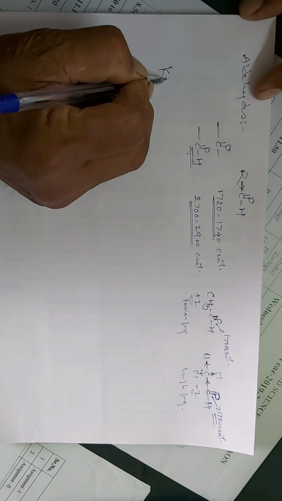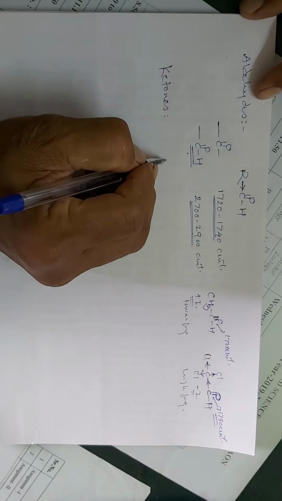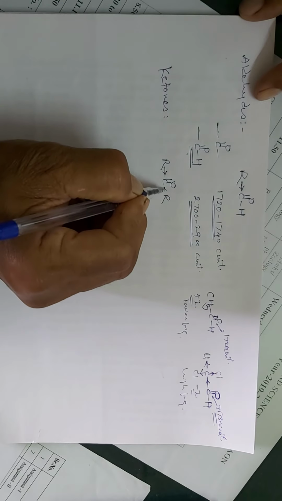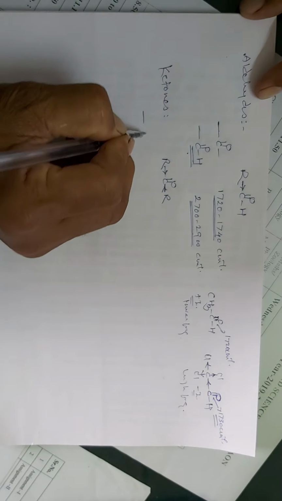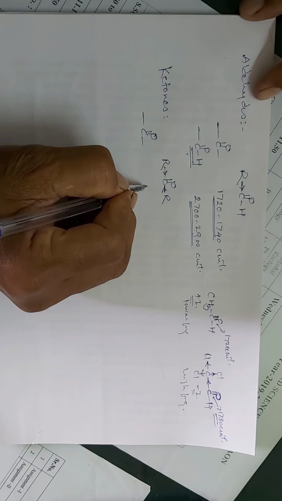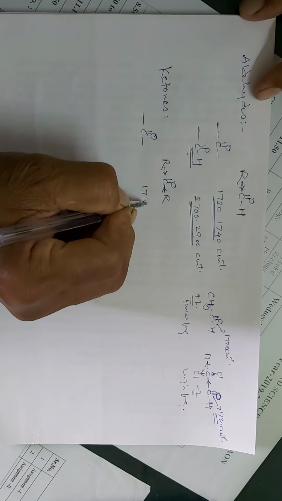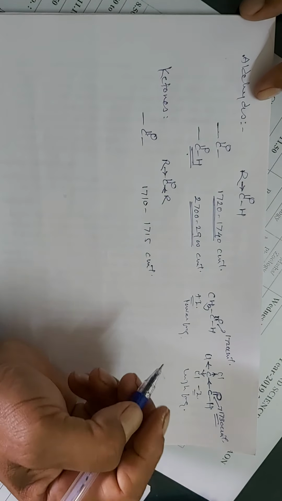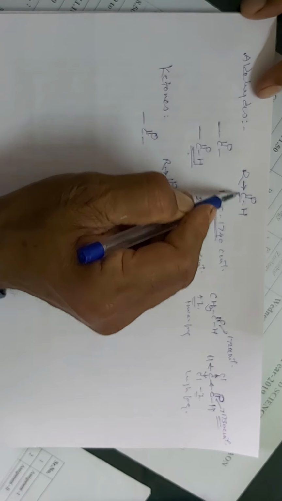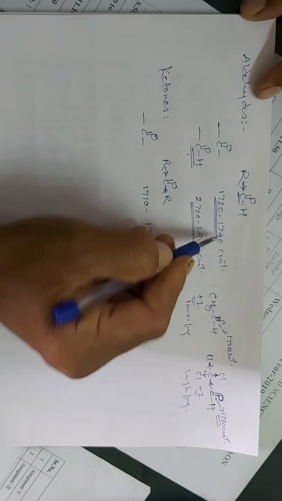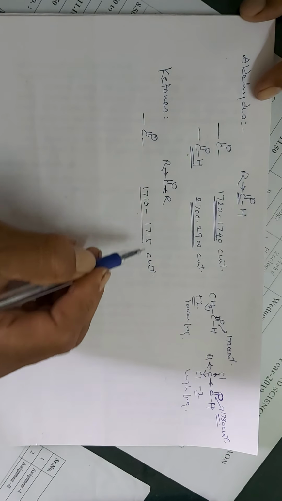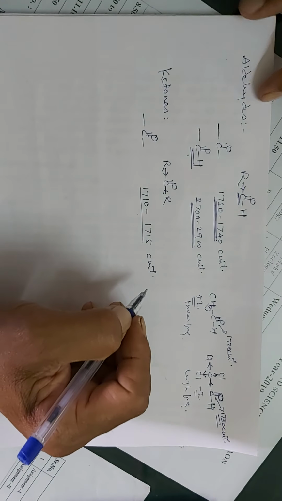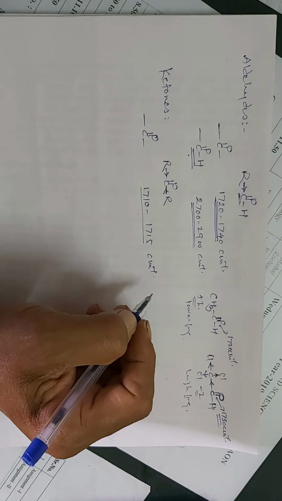Then comes your ketone. Now, the basic change in the structure of aldehydes and ketones: in aldehydes there is only one electron donating group, but here there are two electron donating groups, and so the carbonyl stretching frequency shifts to 1710 to 1715 reciprocal centimeter, that is, to a lower frequency than the aldehydic carbonyl group. The carbonyl group of an aldehyde shows absorption at a higher frequency, and in ketones it is at a lower frequency. So it is the most useful peak in the IR spectrum of all the ketones.